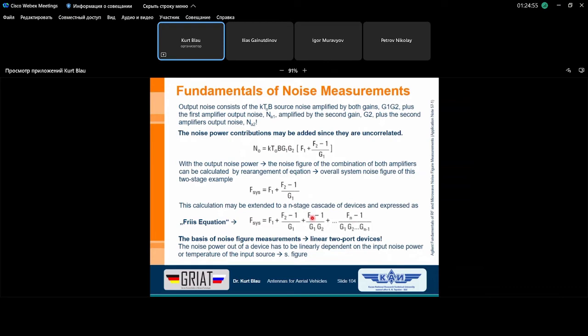And this is very interesting. You can see here the product of all power amplifications of the stages after the first stage. Means the second stage is divided by the first power amplification, the third stage by the product of the first 2 stages, and so on until the end stage. We have the product of all amplifications. But at this point, I must say, attention,